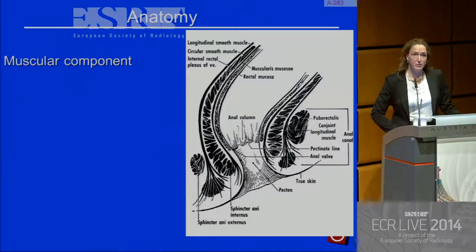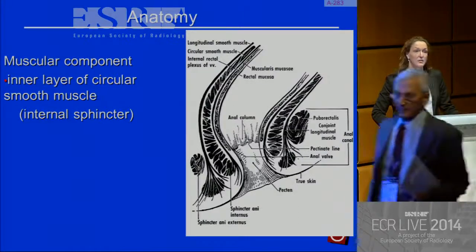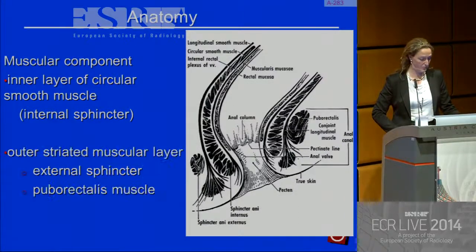Then you have the muscular component of the anal canal. These consist of an inner layer of circular smooth muscle, which is the internal sphincter, and then an outer layer that consists of striated muscle. Caudally this is the external sphincter, and cranially of this external sphincter is the puborectal muscle. And you see here